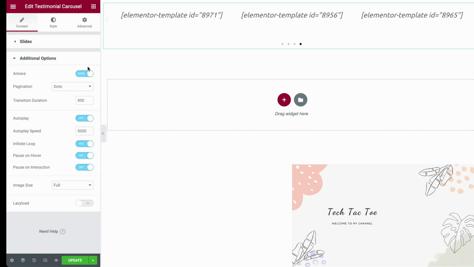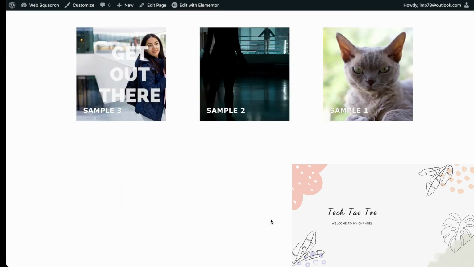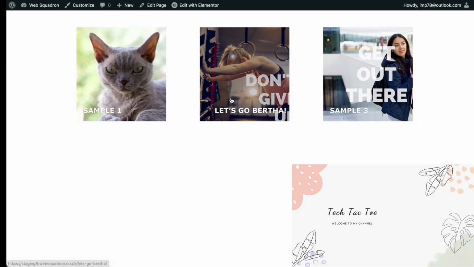Now this is the key bit, okay? I'm going to get rid of the arrows, and I'm actually going to get rid of the dots as well. If you want to have the arrows and dots, go for it. There's no harm in that, okay? And there you go, you can see the words coming. Excuse the fact that the images aren't the greatest, but look, as you slide over them,